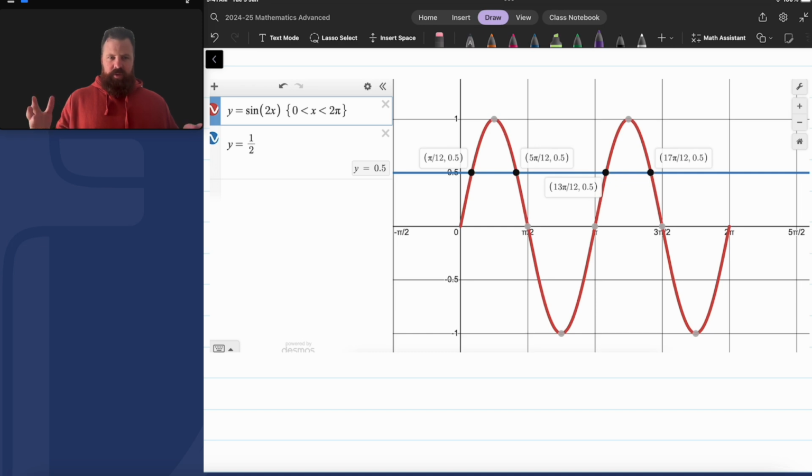So I'm going to take that, I'm going to use that to my advantage. Instead of solving it all squished up over 2 cycles, let's do sine normally. So what would 2 cycles be normally? 2 cycles would normally be 720 degrees, or 4 pi. Everything has stayed in its normal location. I have one set of answers between 0 and 2 pi, and then I have the exact same set of answers, but repeated again in the next 360, or the next 2 pi. So I'm going to take that idea that I know how to find all my solutions between 0 and 2 pi. Those same solutions are the solutions between 2 pi and 4 pi,